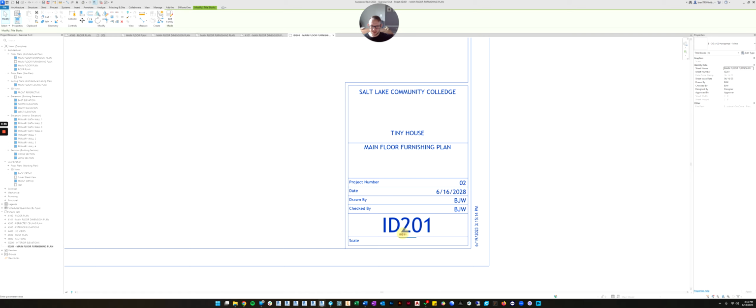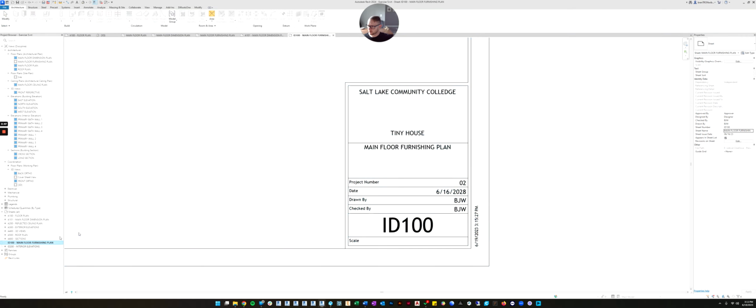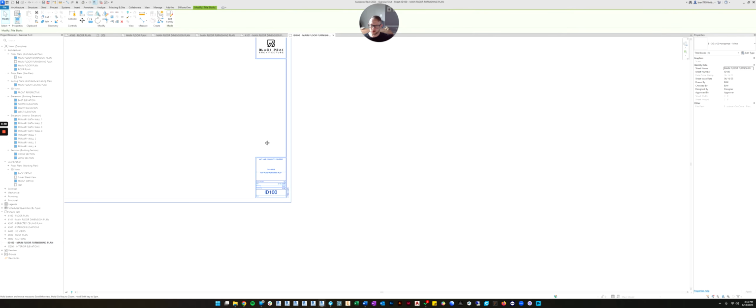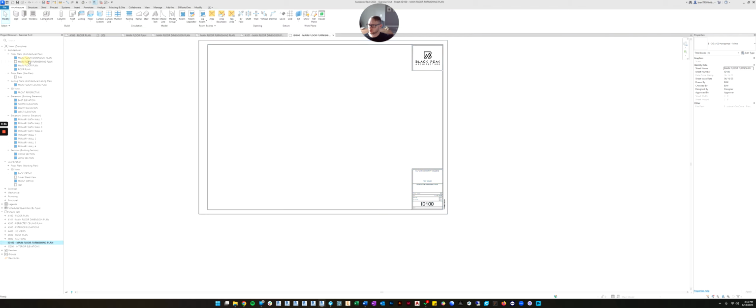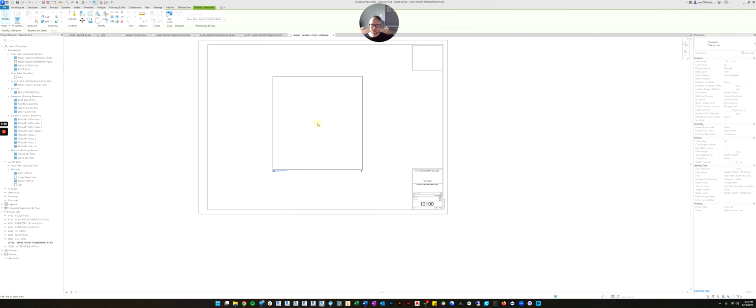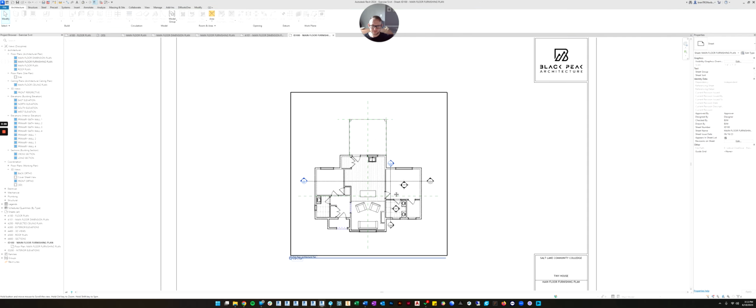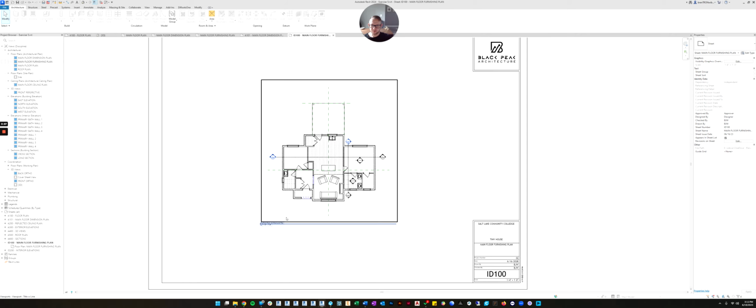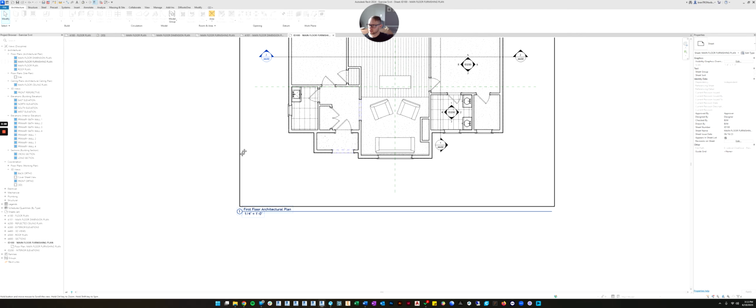It should come before the interior elevations, so let's do ID 100. And then it should put that in front of our interior elevations. So that's good. Now let's put the floor plan on the sheet right in the center here. Awesome. So now we've got our furnishings plan.